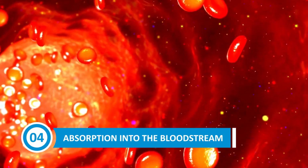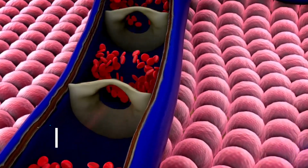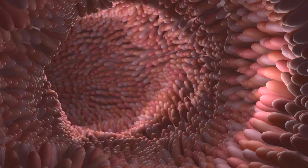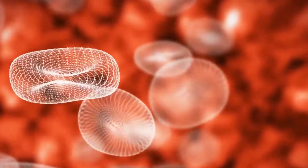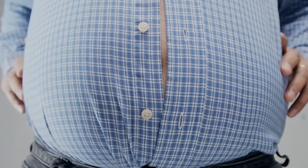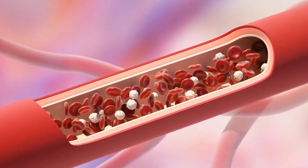Absorption into the bloodstream. After fats are broken down in the small intestine, they are absorbed by tiny hair-like structures called microvilli that line the intestinal walls. Here, the fatty acids and monoglycerides are reassembled into triacylglycerols and packaged into lipoproteins, essentially little transport vehicles for fats. These lipoproteins enter the lymphatic system, which plays a vital role in immune function, and eventually make their way into